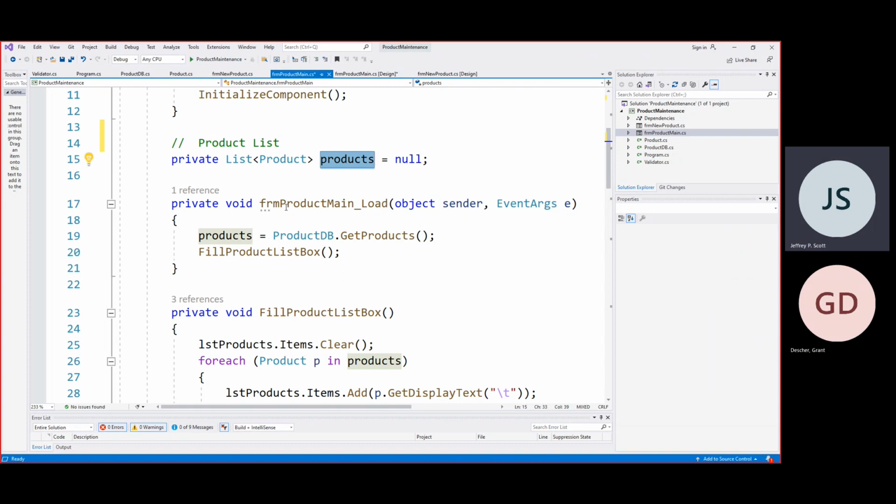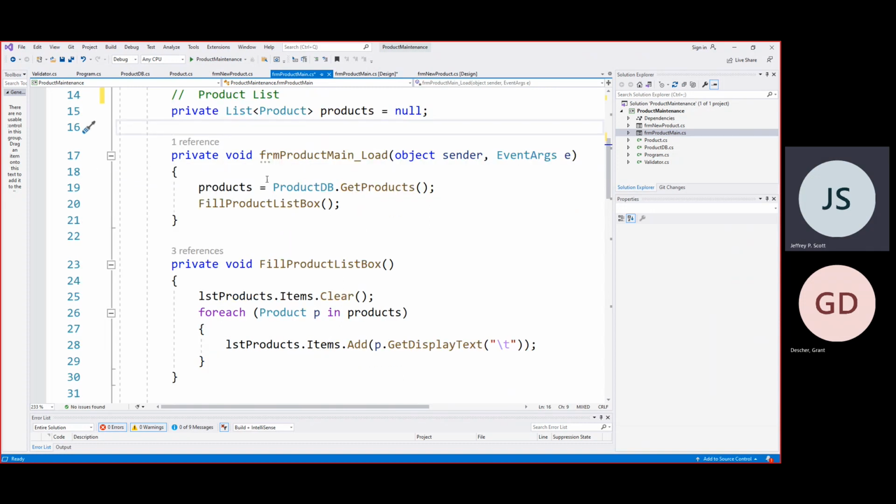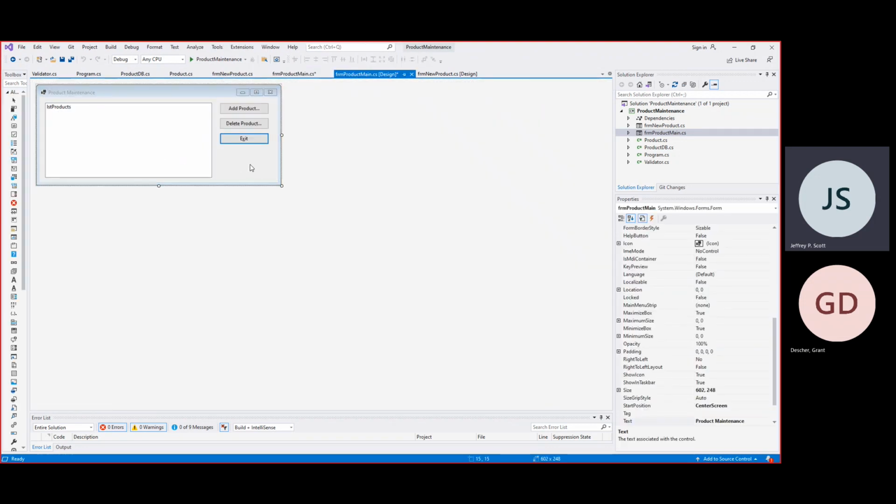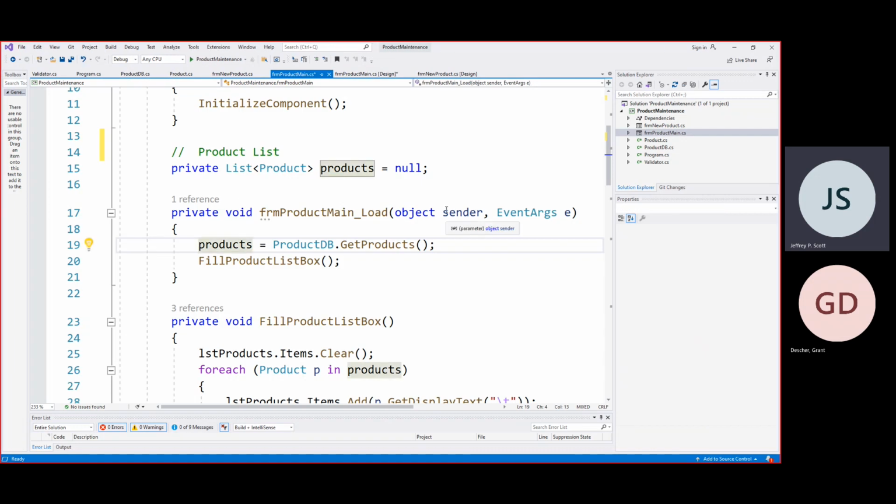All right, so what's next? Well, this is the main method, or the load method. You already know this is the method that runs. So if I bring this up, this is the method that runs when I double click on the form. In other words, when the form gets loaded into memory, this is the routine that's going to run. So what are we doing here? We're saying products equal